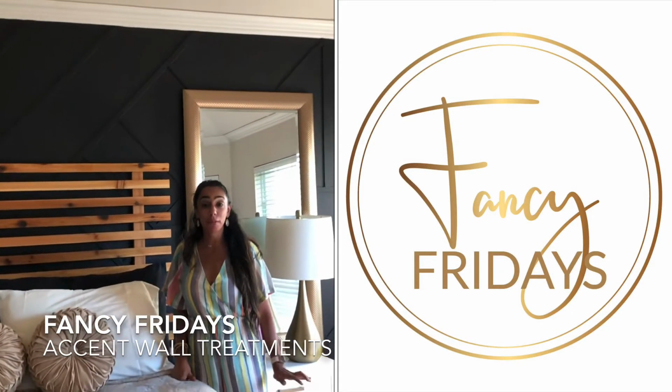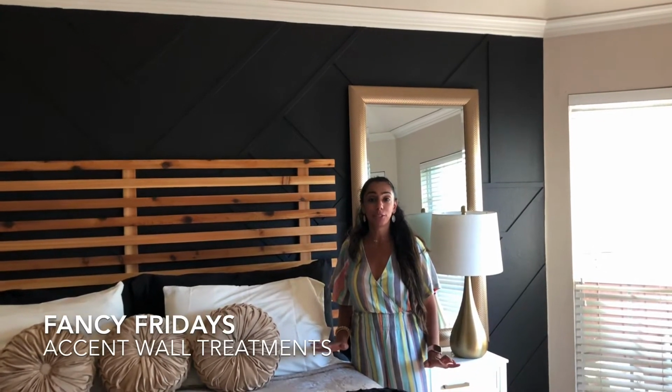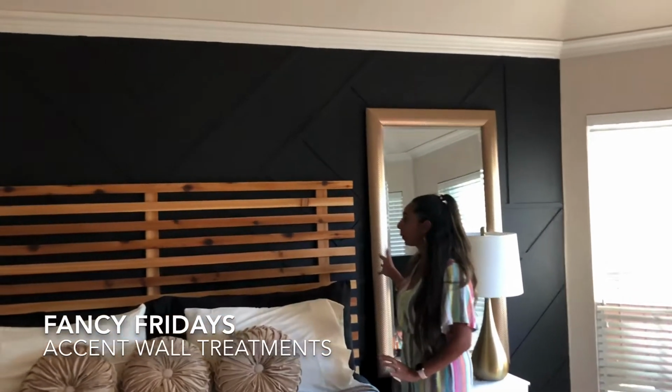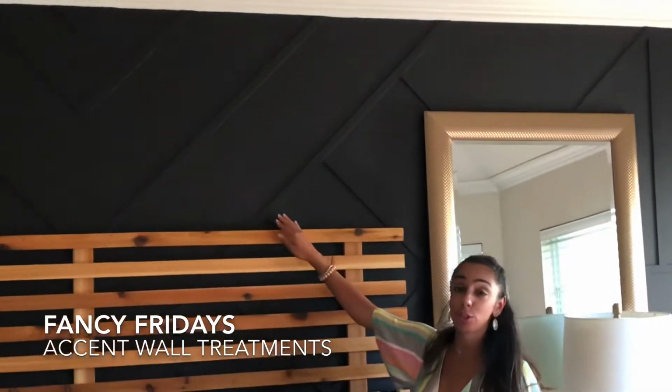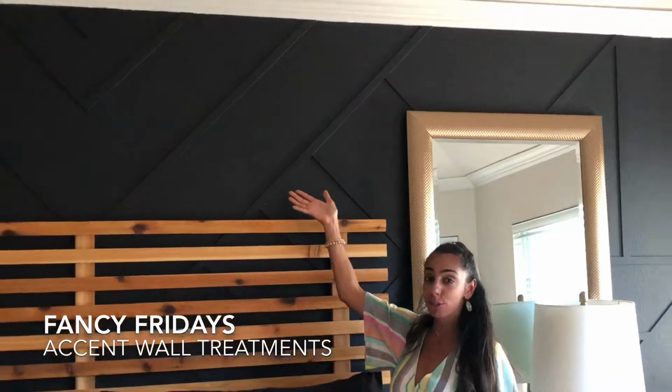Talk about a great way to accent a wall. So this is a really cool three-dimensional way to create some drama on a wall. So this is actually a wood treatment, and it makes the wall look very three-dimensional, and I like it because